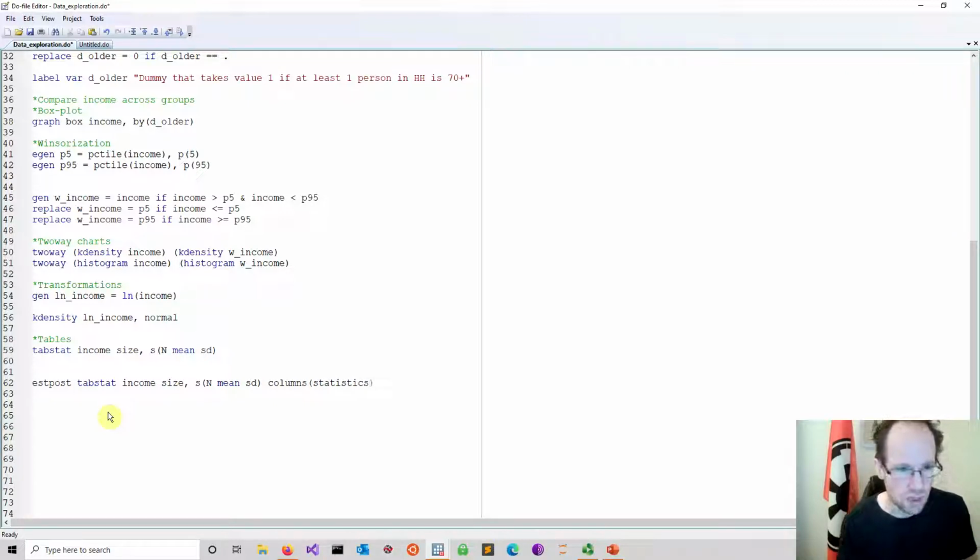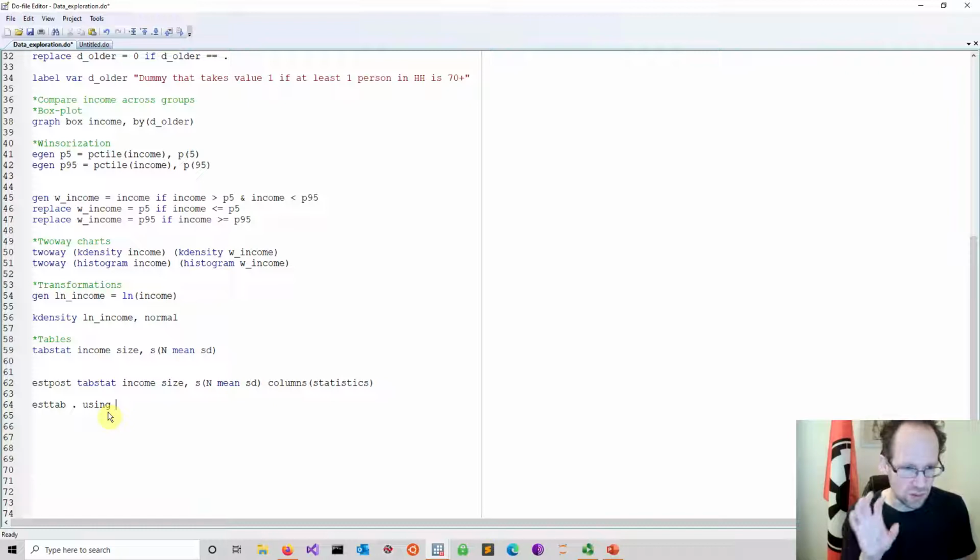So here we go, and that should basically do it. It should make sure that we transpose this table. So after you save your descriptive statistics in this so-called e-return environment, we can now export that using esttab, and I just use dot, which refers to whatever is currently in memory, and then I specify